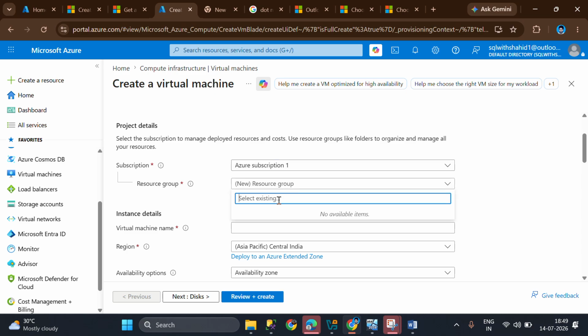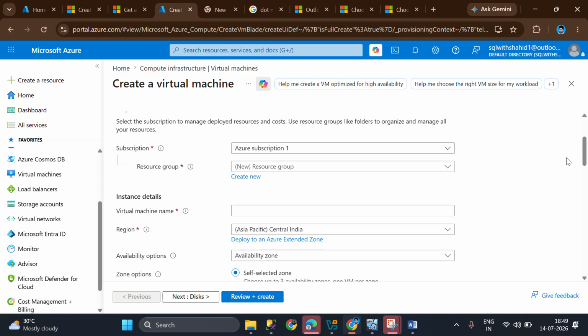Resource group means hardware is also a resource, CPU is also a resource, and memory also. Everything is a resource. You have to pay for that, like for CPUs, disk, anything you go for, depending upon your requirements, okay?